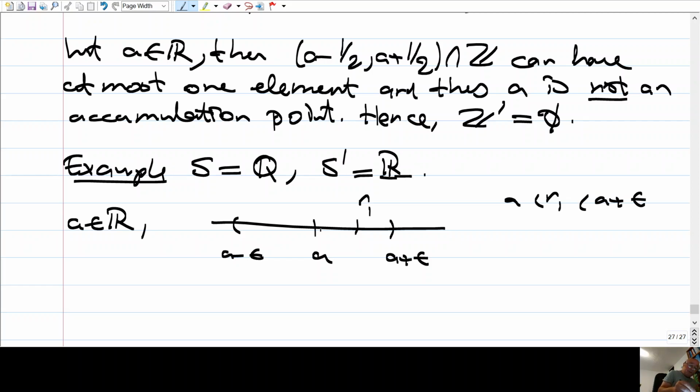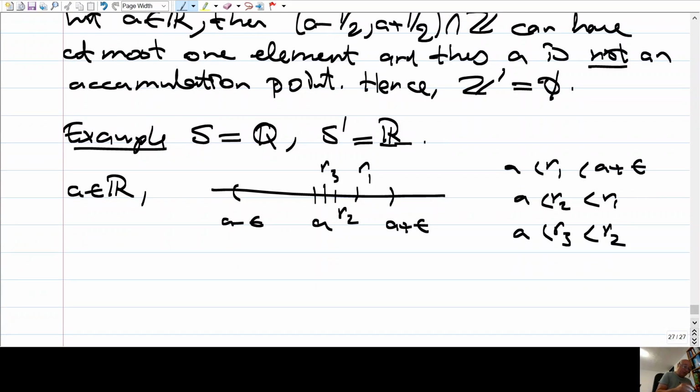And then I do this. I look at the interval (A, R1), and again by the density theorem there is some R2 greater than A and less than R1, and then I look at this interval and choose R3 greater than A and less than R2. I do it this way so that R1, R2, R3 are all different. Here you see R1 is larger than R2, R2 is larger than R3, and so on,